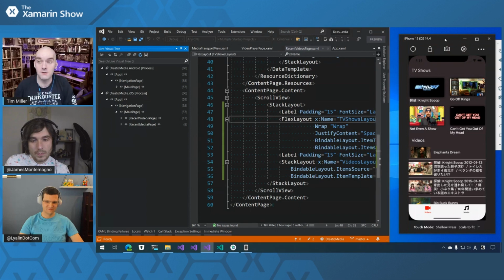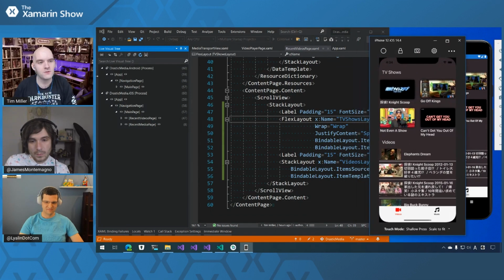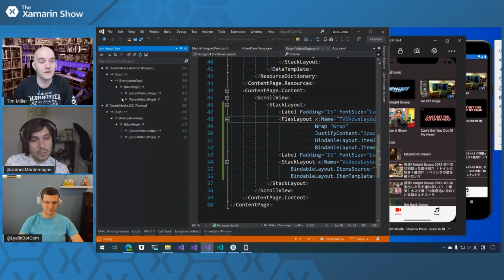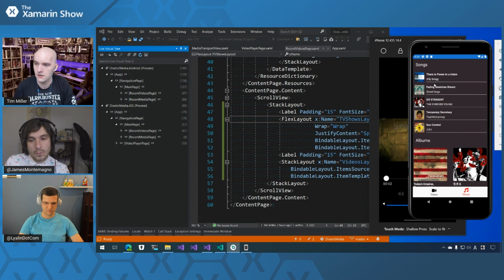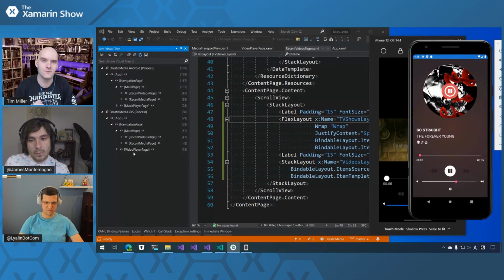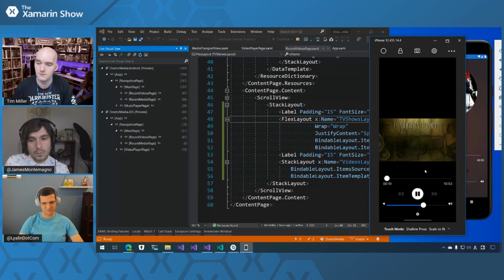But yeah, here we have the iOS app and the Android app running at the same time, right? And we have two different process heads here. So I have Android and iOS. And you can see that I can navigate to different pages here. So this can go to the video page and this can go to music. And you can see that each head is respected differently. So here's the music page, here's the video page. Everything's working as you would expect.